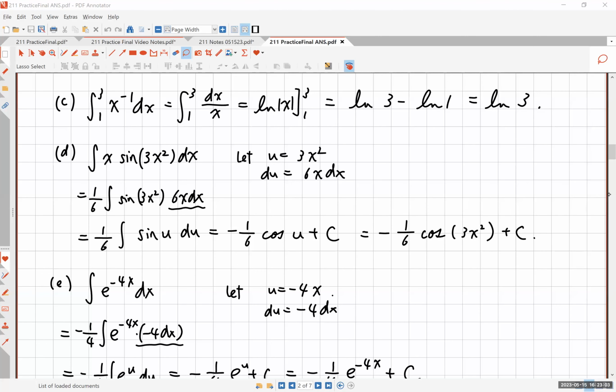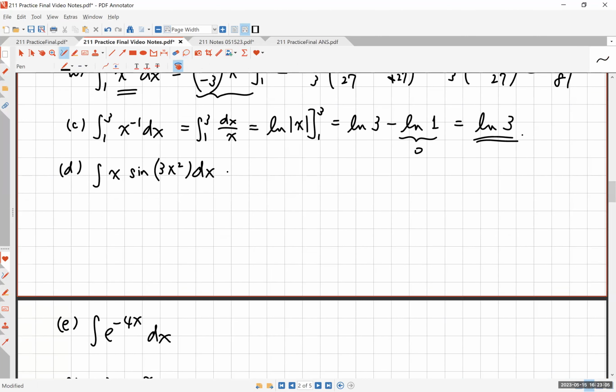Okay, let's go to D. The first 3 were definite integrals. This is going to be an indefinite integral. All right, so this is complicated, right? What do you do when you have x times sine of this thing here? Well, fortunately, you can let u be 3x squared, and then du will be